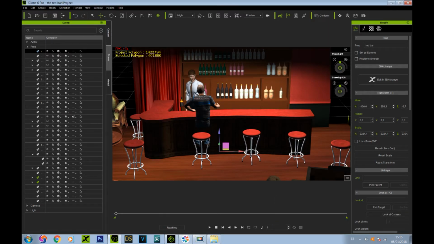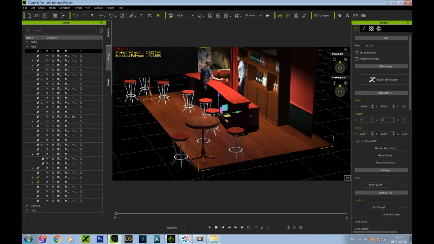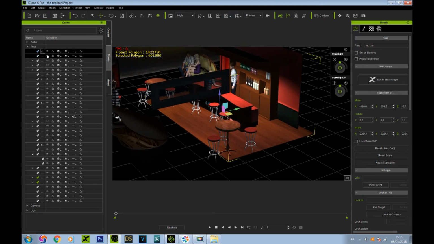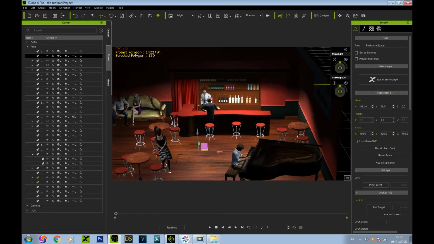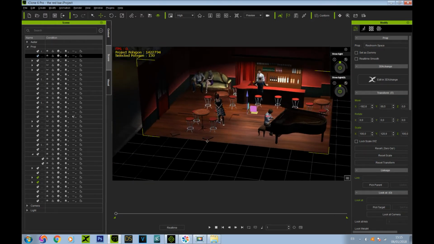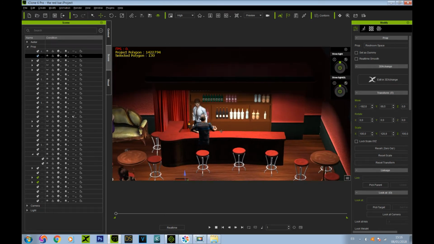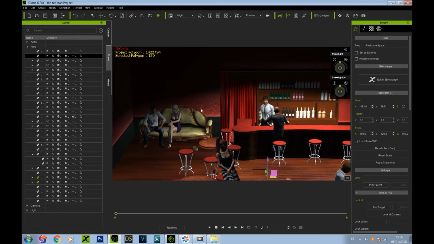So here, back to our bar. As you can see, the bar has actually a floor, and it has a wall, a back wall. The main scenery I used for it is just an empty room, an old empty room. I'm gonna show you how the room was originally. What I did actually is I separated the texture from the bar and loaded it in over the texture of the room. As you can see here,